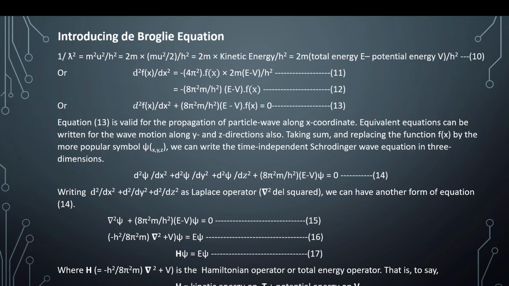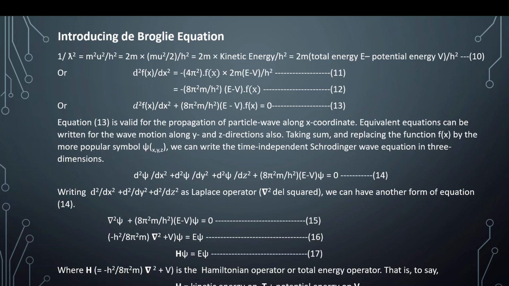So that is how we say 1 upon lambda square is equal to 2m multiplied by E minus V over h square, where E is total energy of the system, V is potential energy. So I repeat, 1 upon lambda square becomes equal to 2m, m is mass, multiplied by E minus V over h square. We will simply substitute this value in equation 9